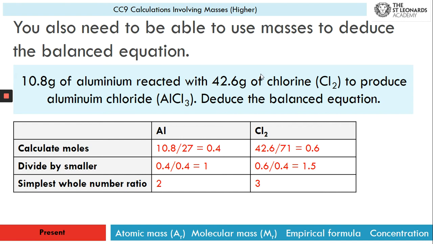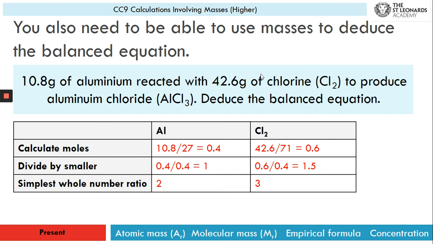The next thing we'll have to be able to do is you need to be able to use the masses to deduce the balanced equation. So you might get a question like this one here. If you had 10.8 grams of aluminium reacting with 42.6 grams of chlorine to produce aluminium chloride, you need to work out the balanced equation. Straight away you probably look at it and think, I have no idea how to do that. It's really simple. First of all, again, same thing as before, you have to work out the number